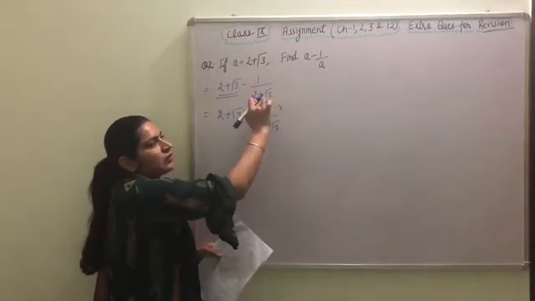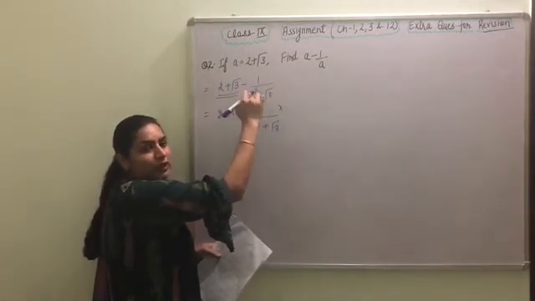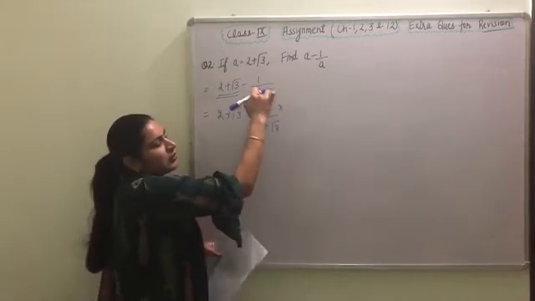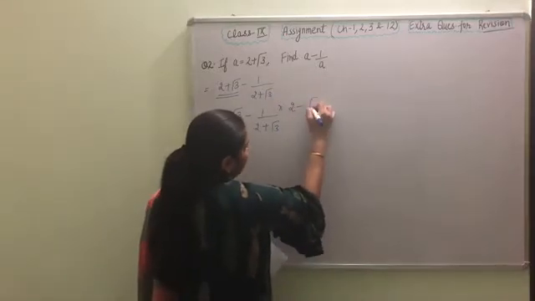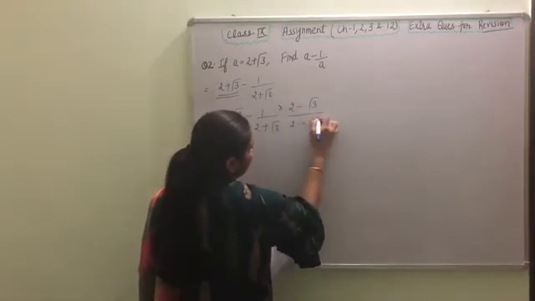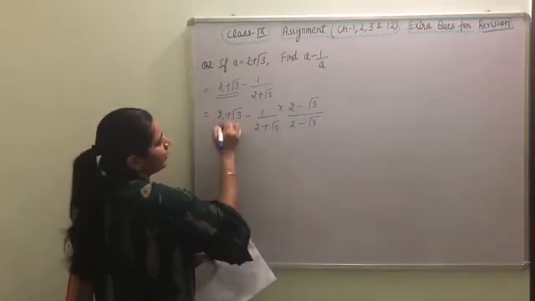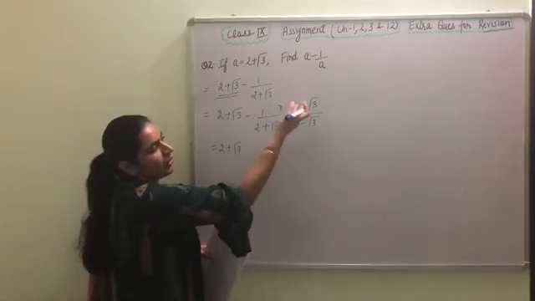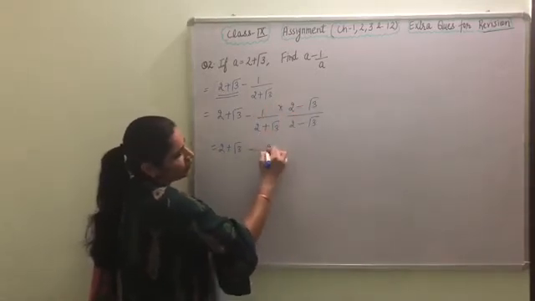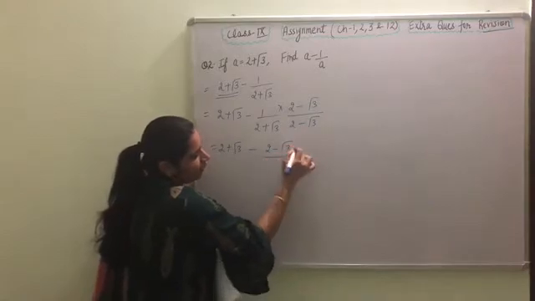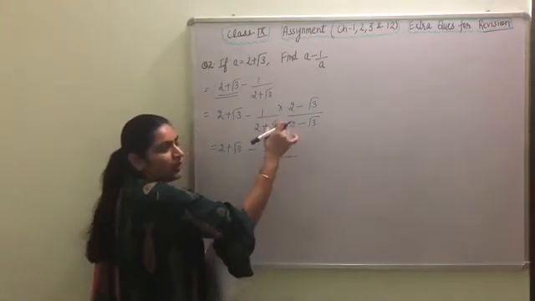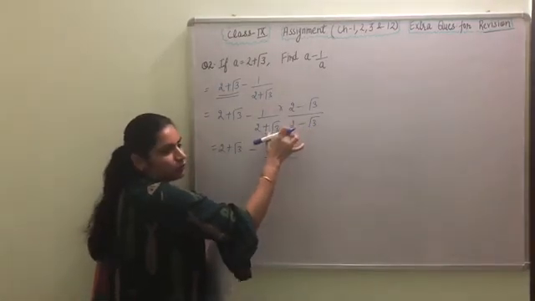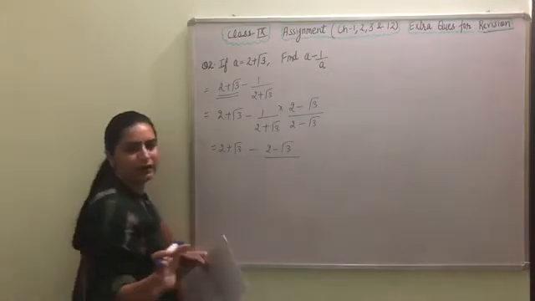By rationalizing the denominator, whatever sign is given with the root term, we will take the opposite sign. Here the positive sign is there. While doing the rationalization, we have to take the reciprocal sign. So the reciprocal sign of positive will be negative, multiply and divide by 2 minus root 3. Again we will write the first term as it is. We will solve the second term. 1 multiplied by this term gives us the same value, and in the denominator we are going to apply the identity a plus b and a minus b, a square minus b square. I am not writing the identity.